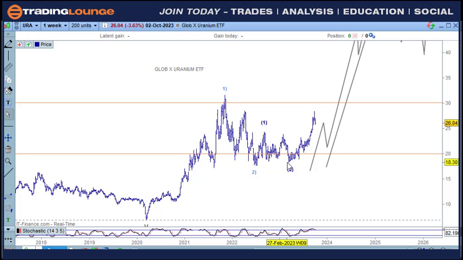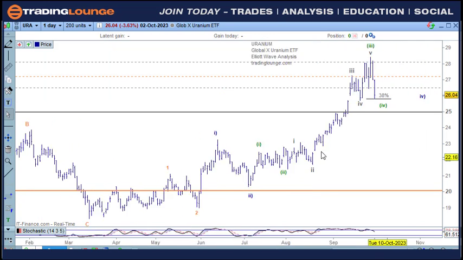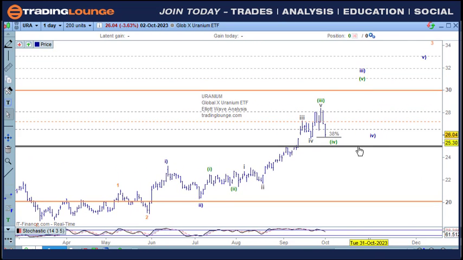There are different ways of viewing this particular move here. We may need to look at this as wave 1 and 2 at this point, but I don't want to go that far out just yet. But yeah, we should be heading higher, and based on these 5 waves here, that's a good catalyst to suggest that we will go higher. And based on that, coming back to the daily here, we've been working through a series of wave 3 and 4 and 3 and 4 here.